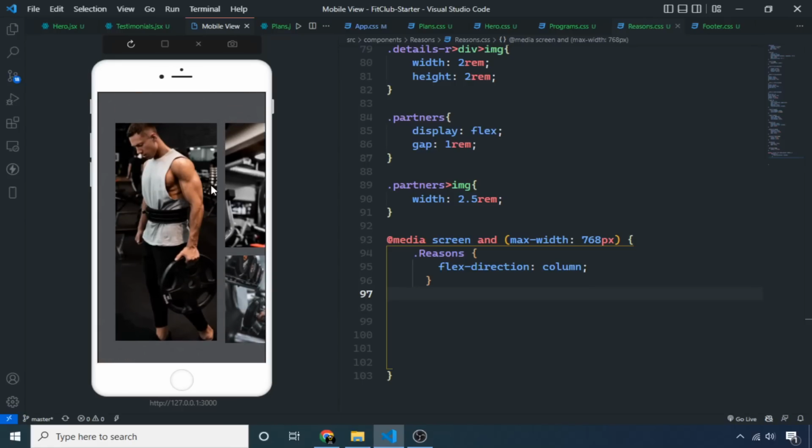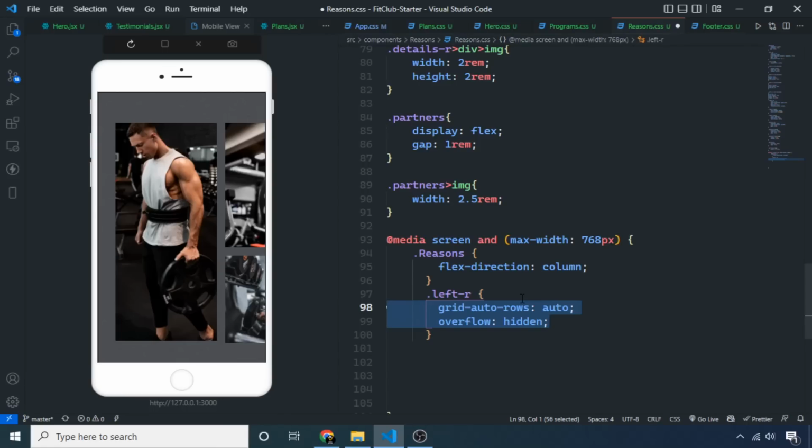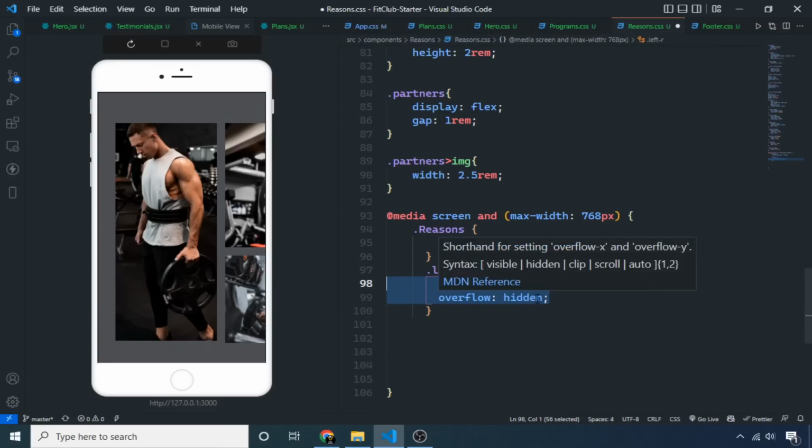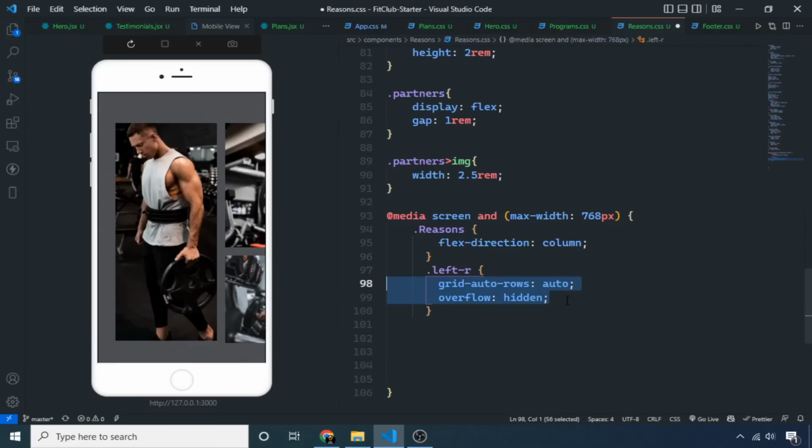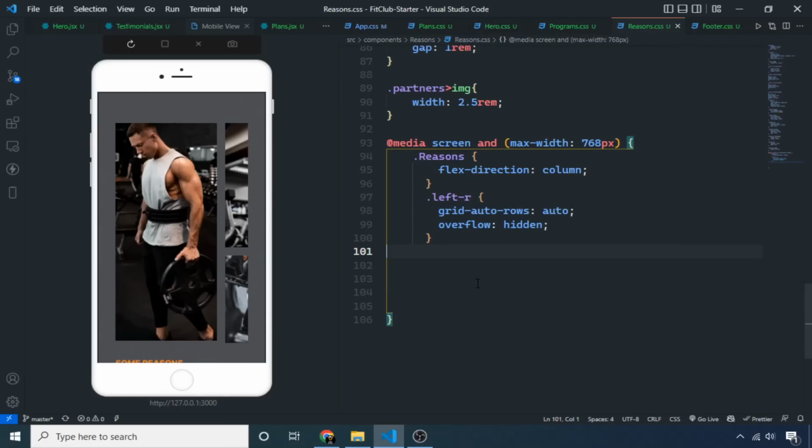We only have to make this grid section responsive. So I am targeting the left side because it contains the grid section, and setting grid-auto-rows to auto. So now the length of each row will not be equal, it will automatically adjust according to the screen height and width. And then overflow should of course be hidden on mobile, otherwise it will scroll horizontally. If I save this, you can see that the extra section is now cut off, but this is not our expected outcome. So I will target the first image on the left side